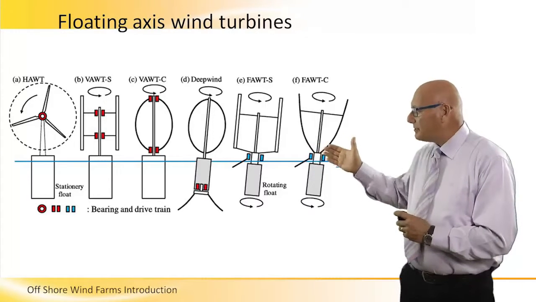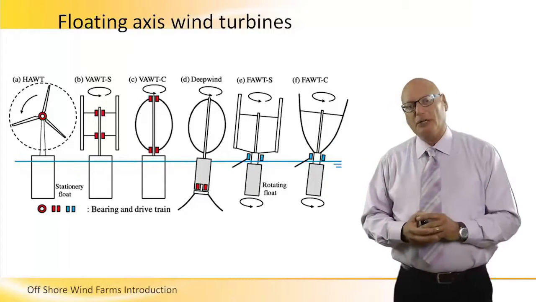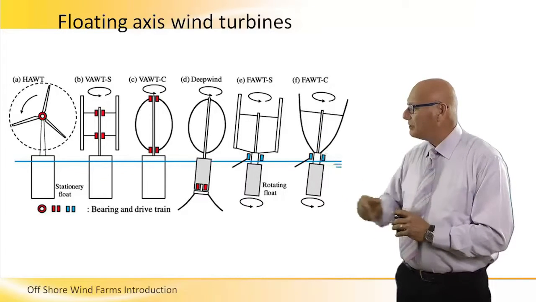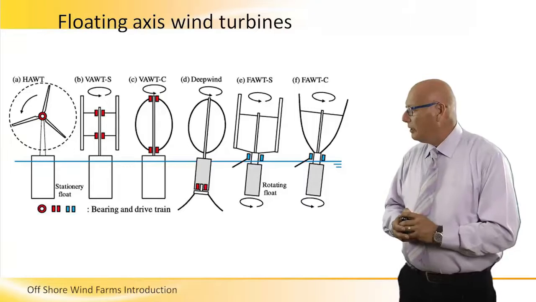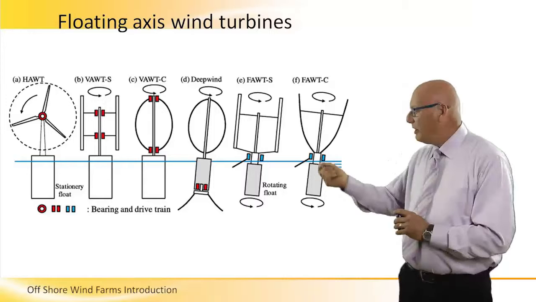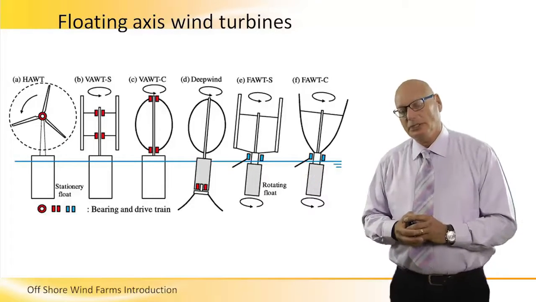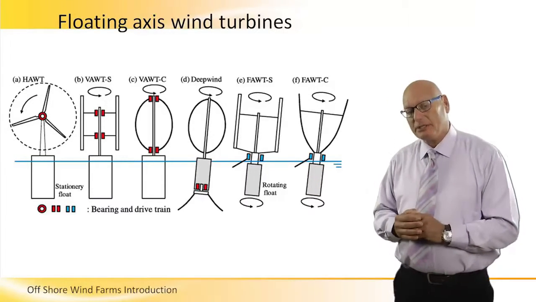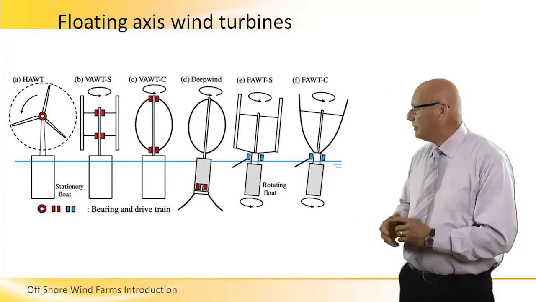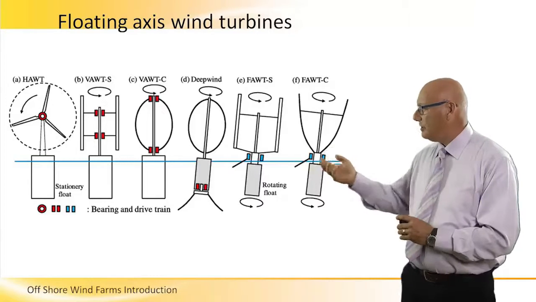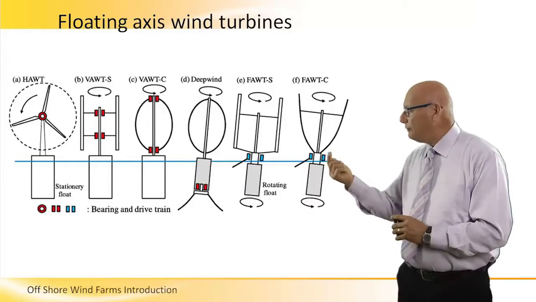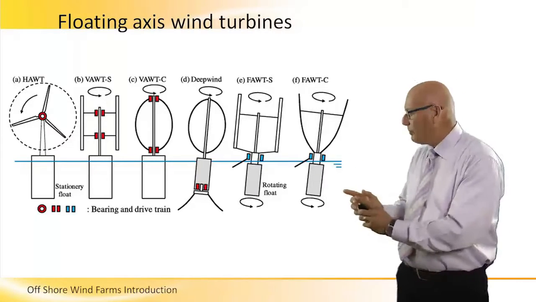In the various types of vertical turbines, we can see where the bearings and the drivetrains are. The deep winds, the one in the middle, has its bearings under sea. It has advantages or disadvantages, but it's under the sea. The FAWT-S and -C, the two on the right hand side, they are rotating floats and they have their bearing on